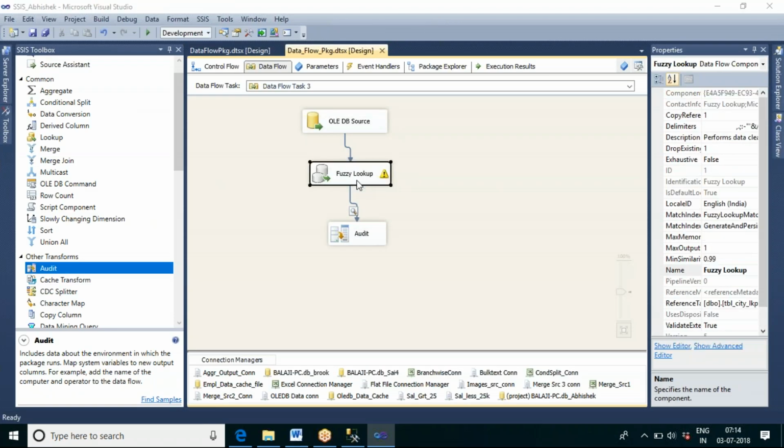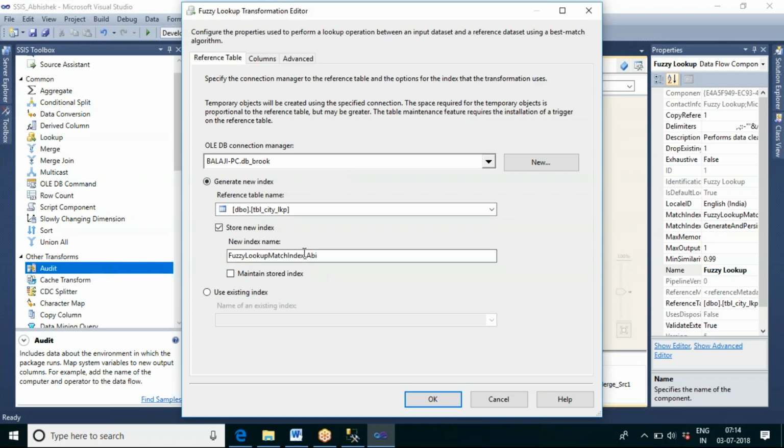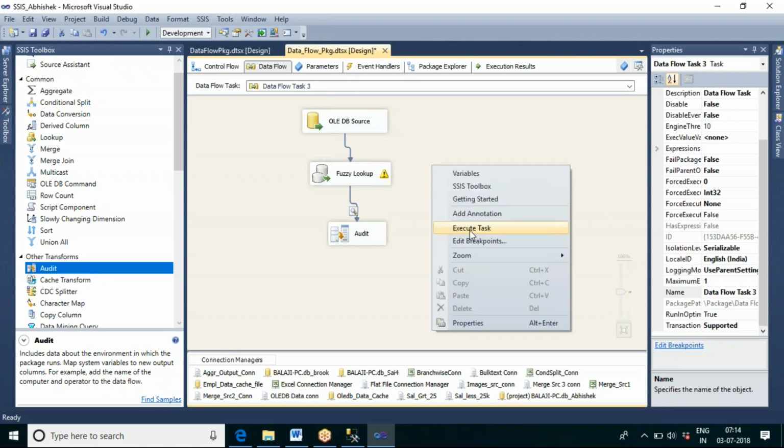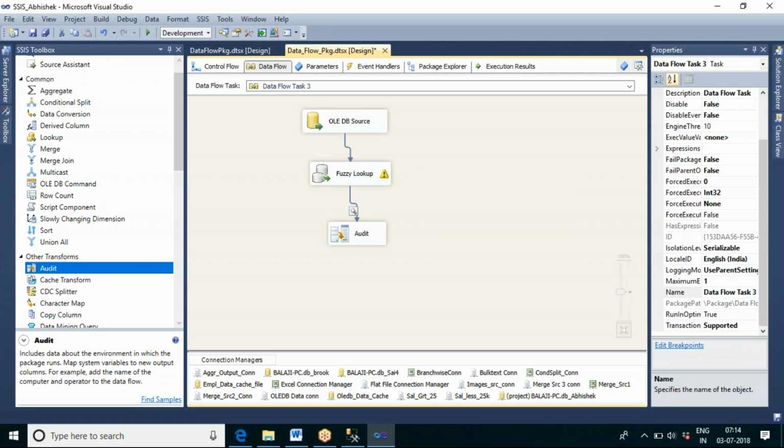Let me see what the issue is here. Store new index. Let me click on maintain new index. Let me make it as 2. So we have set it as 100% now. Let me see now.